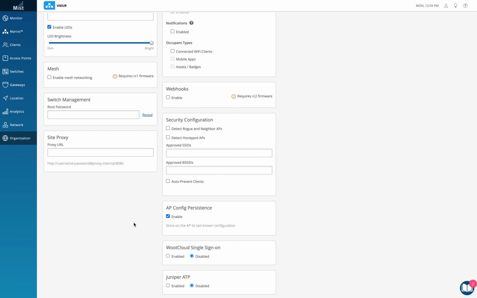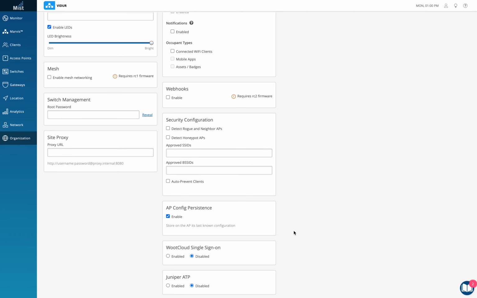Now, there's another reason why this is very helpful. For example, if your AP reboots and for some reason your WAN goes down at that same point in time, when the AP comes back up, it cannot reach the cloud and get the configuration, right? With this setting unchecked, your AP is stuck. You cannot do anything because the AP doesn't have the configuration. It will come back with the default configuration. So always and always keep it checked. This really helps speed up the process, and this should be checked by default at all costs.